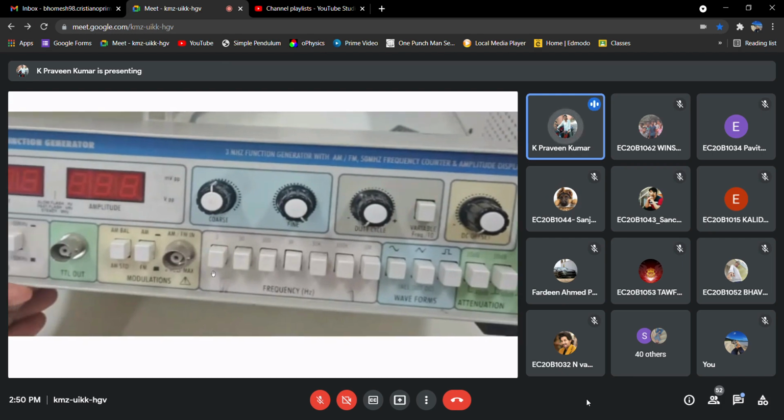These are the frequency ranges, up to what frequency I have to generate. Say, for example, I want to generate some 1K signal.